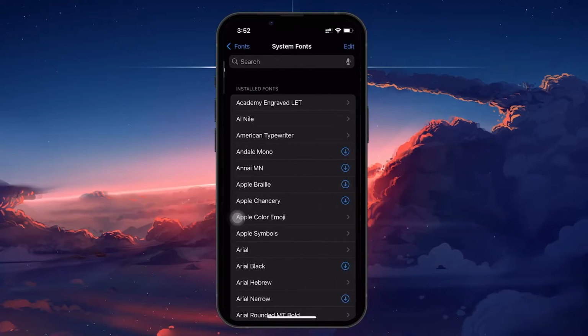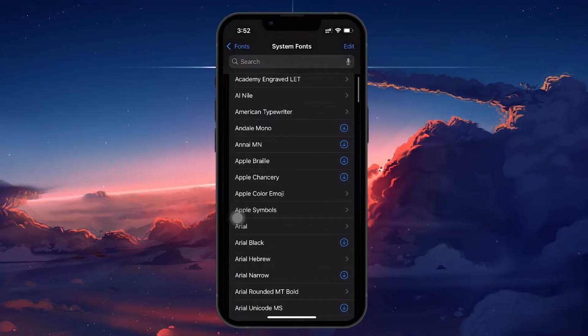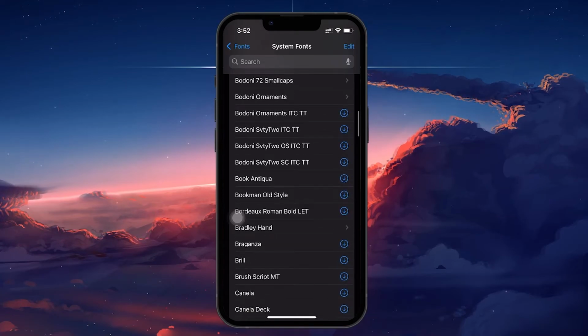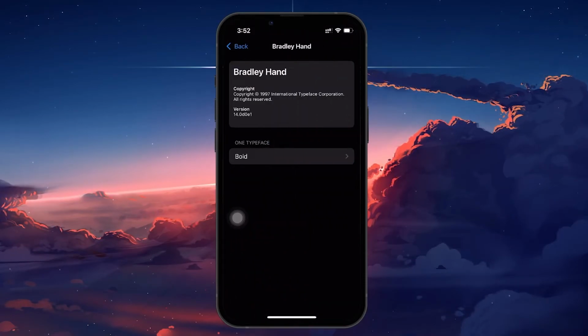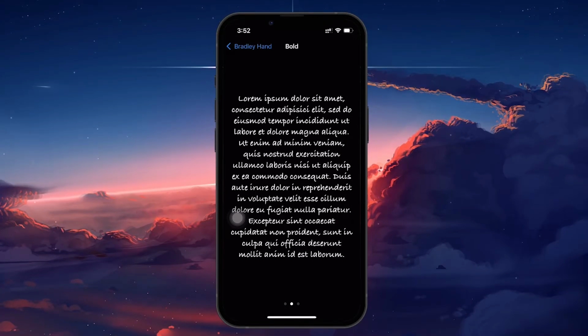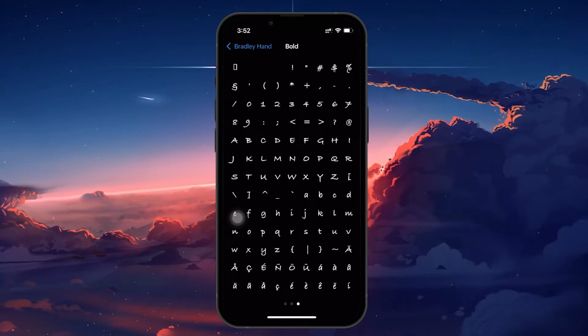Go ahead and download new fonts you like by selecting them from the available options. You'll be guided through a few prompts, like agreeing to the terms of downloading and installing the font. Once the installation is complete, your fonts will be updated in specific areas where custom fonts are supported on your